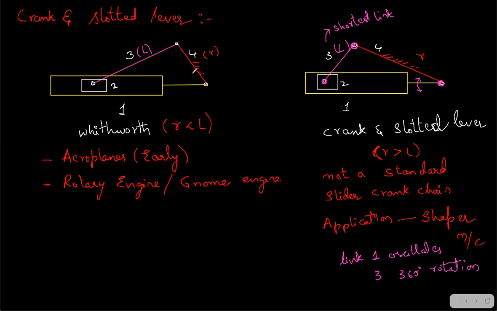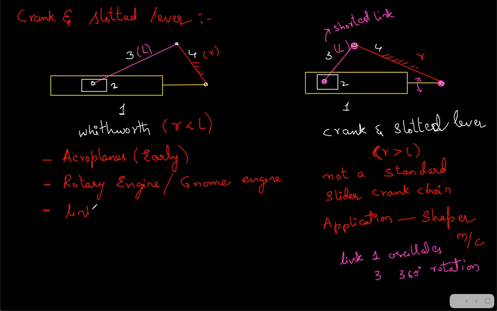So now as you can see, only one cylinder is not used in a rotary engine. A number of cylinders are used in a circular order with a single fourth link. So the fourth link is single, but you have a number of third links, sliders, and cylinders. So connecting rod, slider, and cylinder. If you go to the previous video, you will find all these things. And then here, this is the application which you have seen.